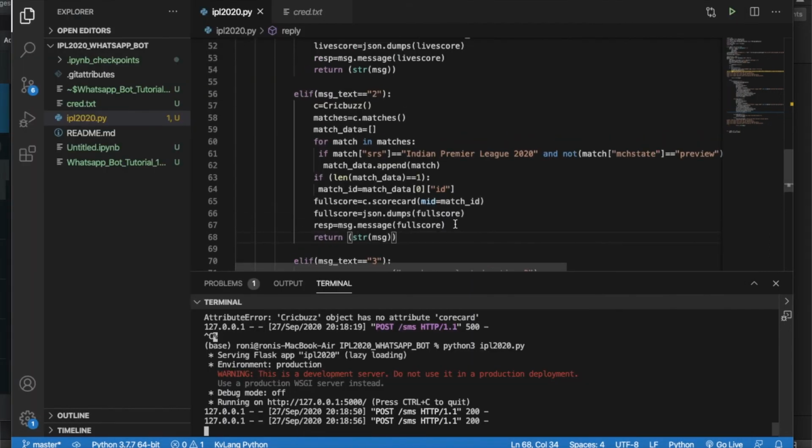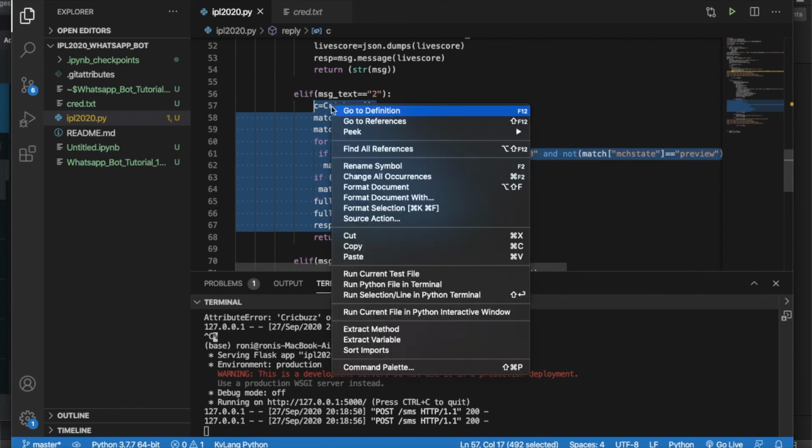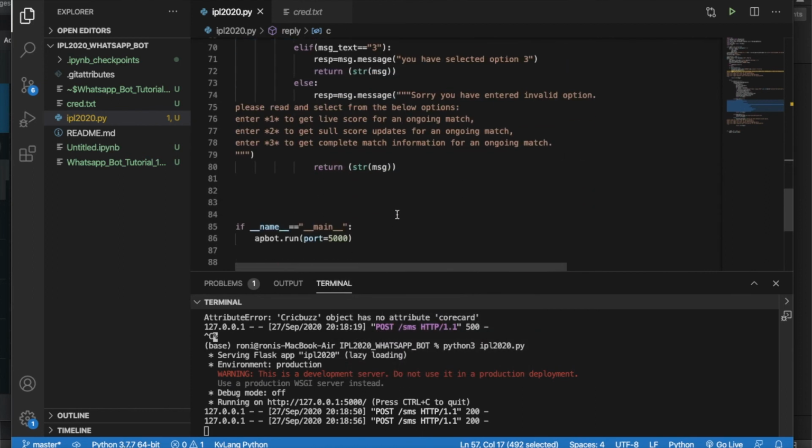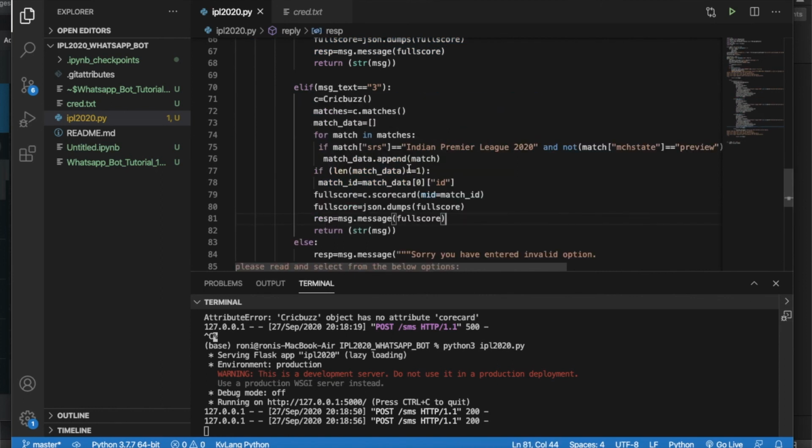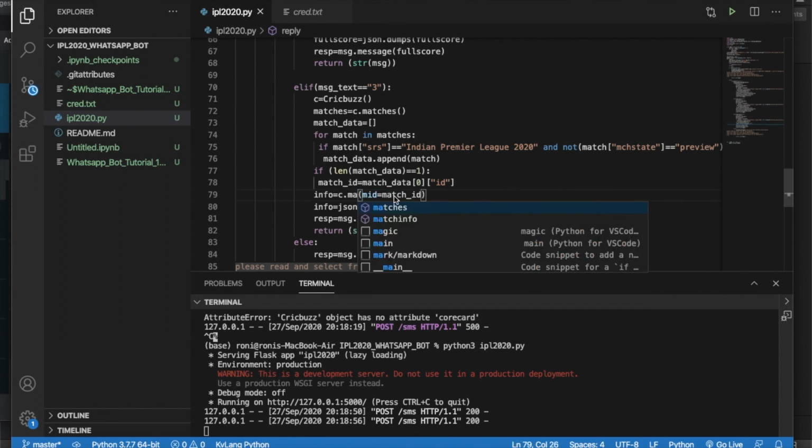So what we will do, we'll just copy this thing, and we'll change the whole thing over here. So it should be info, and it should be info, and it should be match info.